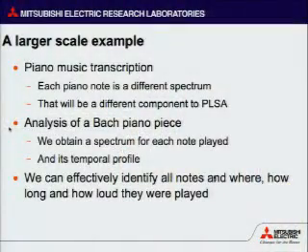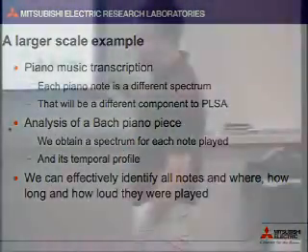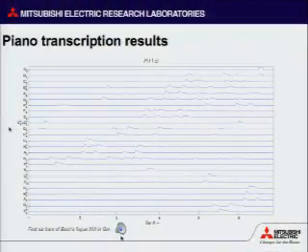So this thing can be extended to even more complicated stuff. Probably shouldn't spend too much time on that. But you can actually do piano music transcription. Every piano note in a piece of music is going to have a different spectral profile. You can actually learn an entire piece of music. You pretty much know how many notes there are. And then what you end up getting as the temporal weights is where each piano note was located. So here's an example of a Bach fugue.